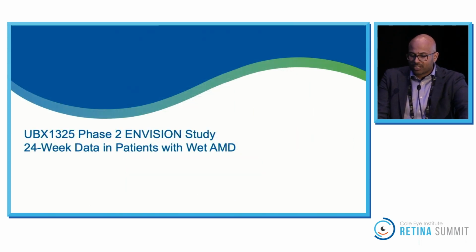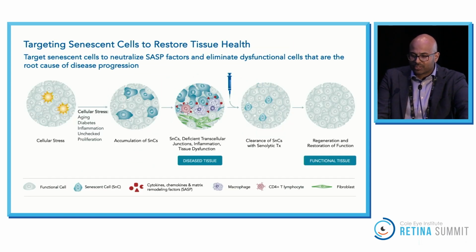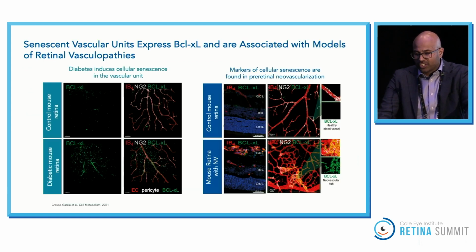The next product I'm going to talk about is UBX, the phase 2 Envision study. It's a 24-week study looking at senolytic cells. So senescence occurs during various disease states like macular degeneration or diabetes, and the retinal vasculature is affected as an upregulation of cytokines results in these disease states and blurry vision. If you can provide a senolytic, i.e. remove these senescent cells, you can potentially repair these vessels and restore vision. And so this is the premise here: cellular stress, aging, and diabetes cause accumulation of these senescent cells, and then ultimately diseased tissue. You add a senolytic and you clear these cells, and you have regeneration and restoration of